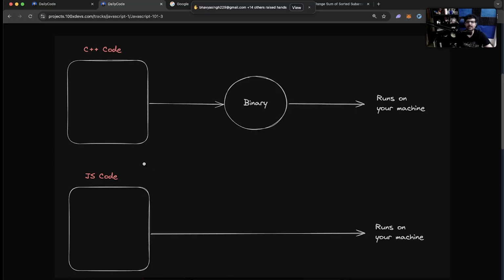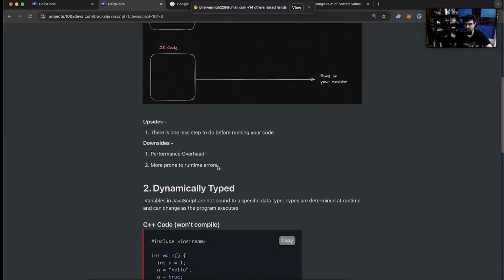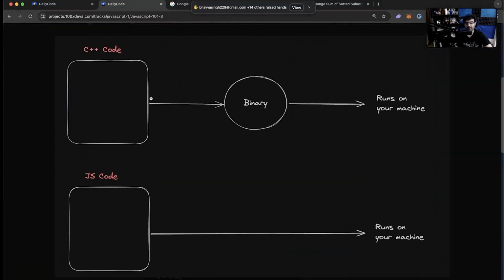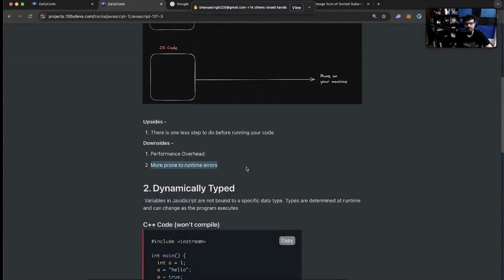And all the downsides that I'm talking about, for example the downside of there being a bunch of runtime errors, goes away when you introduce TypeScript. When you add TypeScript, then this specific thing is no longer a problem. A lot of your errors will get caught during compilation. If you ever want to understand how compilers work, try writing some TypeScript code and building it. One of the steps that happen during compilation of even a language like C++ is very similar to what happens when TypeScript code gets converted to JavaScript.